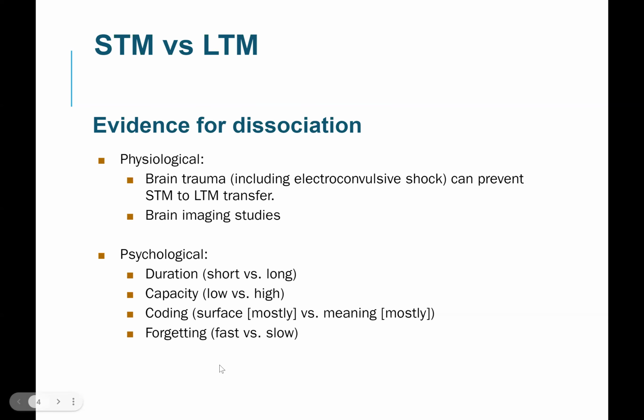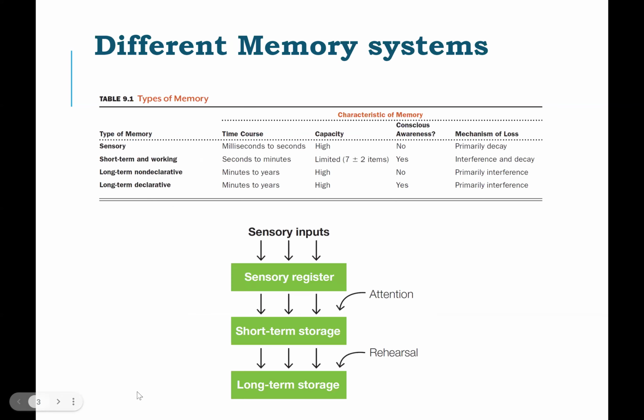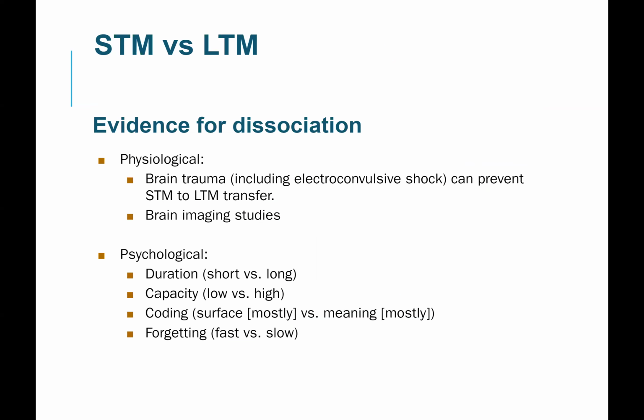But in some ways, it may not be the most meaningful division because, as I showed here, everything that enters long-term memory, like long-term declarative memory, has gone through short-term memory, right? It's not like you remember facts unless it has actually gone through your working memory at some point. At some point, you learned about it for the first time, and then later on, it becomes long-term memory. So planting a trace of a long-term memory, we're going to talk about it a little bit, has to go through the short-term memory. So the dissociation makes sense, but not this absolute dissociation between the two.